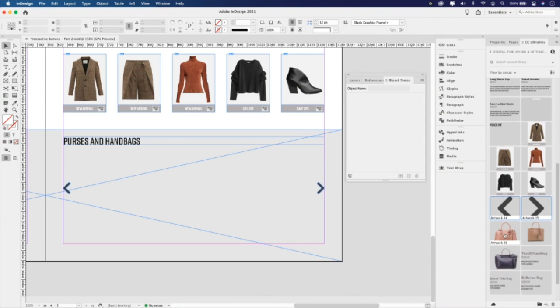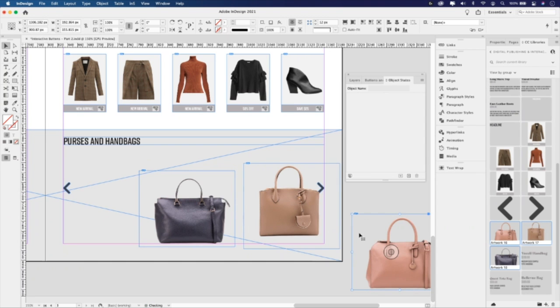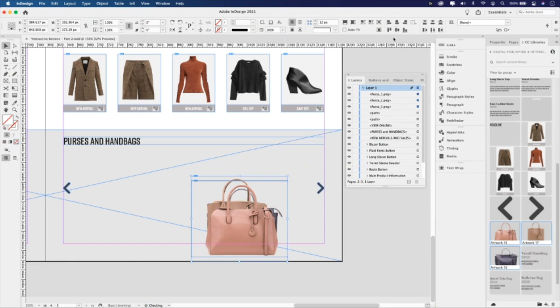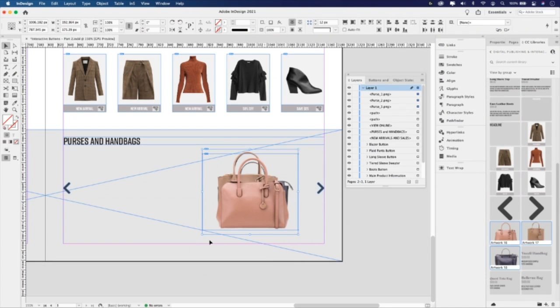And for this, I have 3 handbags that I want to highlight. I'm going to grab all 3 and drag them and drop them right into the layout. And much like the other pieces of artwork that we've been working on, they're all renamed and they will appear in the order purse 1, 2, and 3 in the layers panel. If for whatever reason they're not in that order, just drag them in that order, 1, 2, and 3. So I'm going to select all 3. Again, align them vertically, horizontal centers. And then I'm going to place it here for now. And I'm also going to just increase the size of them a little bit.